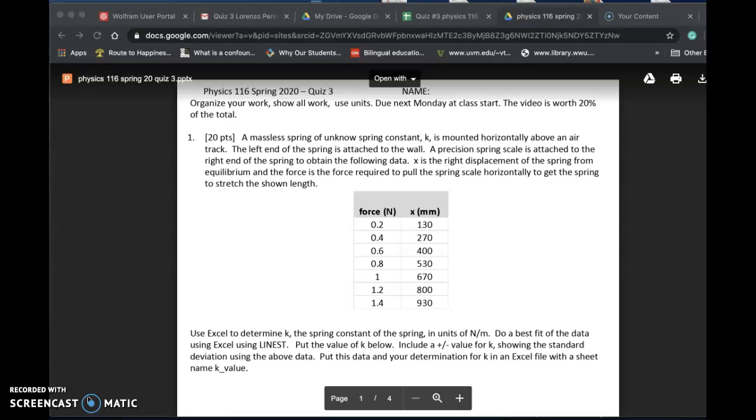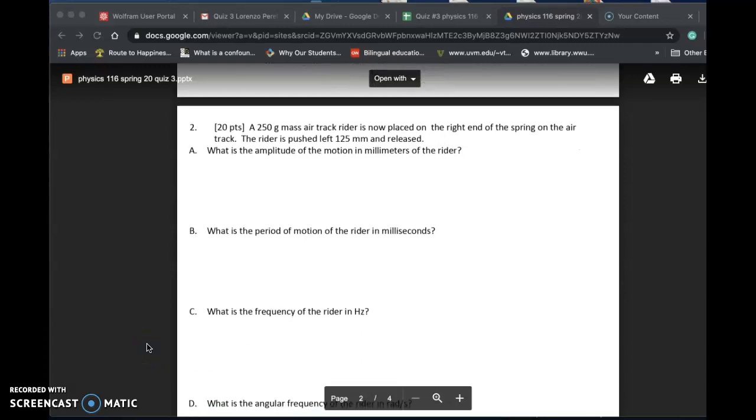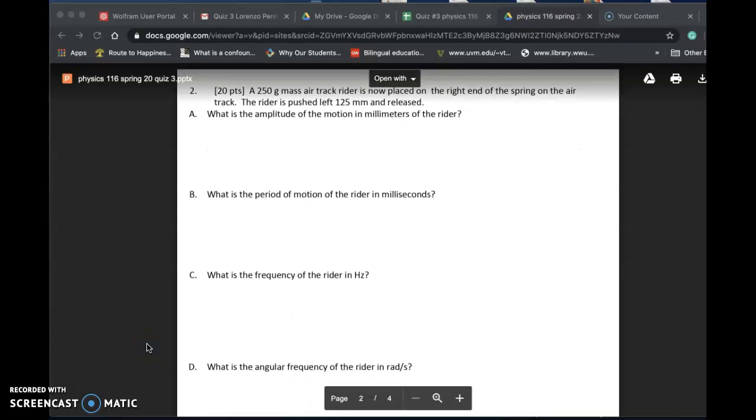This is my video for quiz 3 on simple harmonic motion. The piece that we're really focusing on is utilizing the values from number 2 that talk about a 250-gram mass on an air track, being released from a spring, and it's being pushed 125 millimeters to the left. Now, for these calculations,